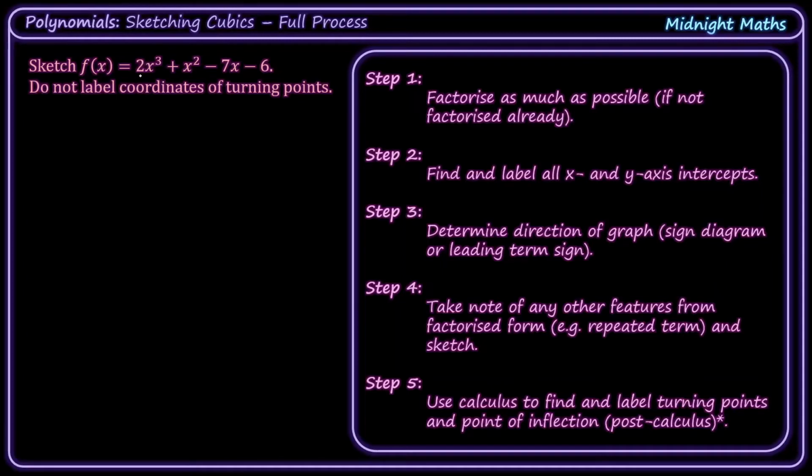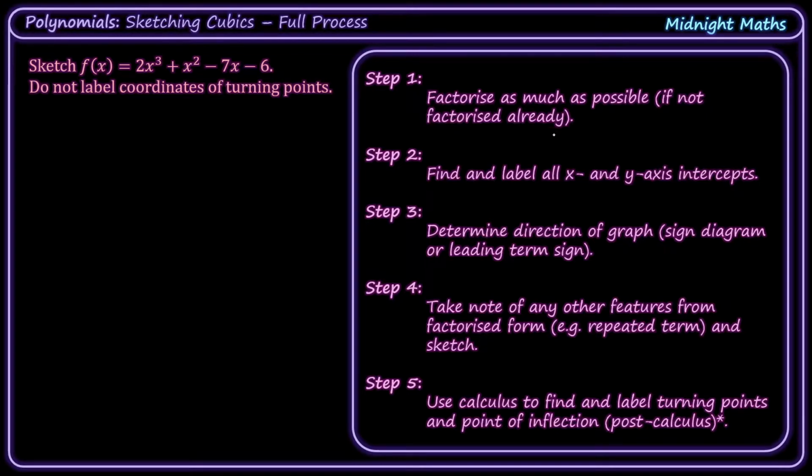Sketch f of x equals 2x cubed plus x squared minus 7x minus 6. And we've also got a note: do not label the coordinates of turning points. When we sketch a polynomial, or specifically a cubic like this, our first step is always to factorize it as